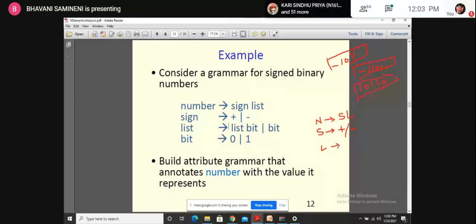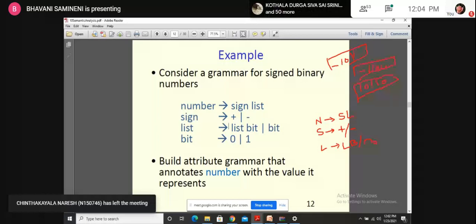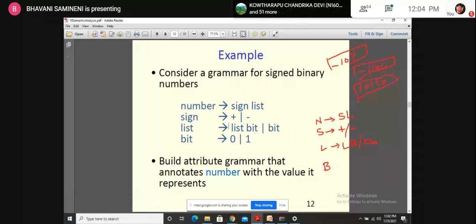L is nothing but a series of bits, right? So you can make it recursive, either left recursive or right recursive. Here they have given the left recursive production, that is L B, or sometimes I'll be getting only one bit, that is B. Now this B can be written as either 0 or 1.